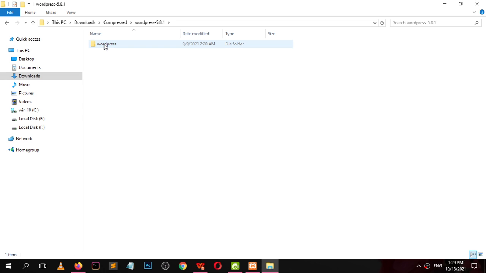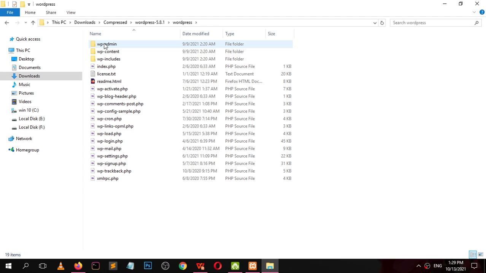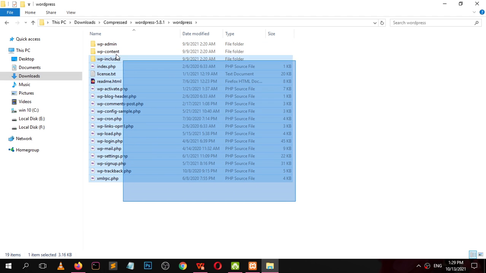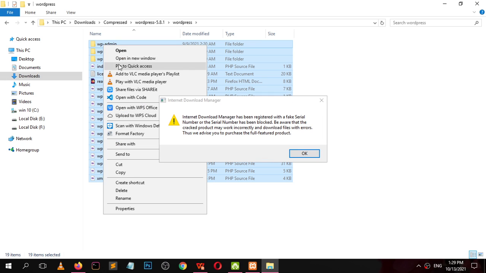Now open the unzipped folder and select all the files here and copy.